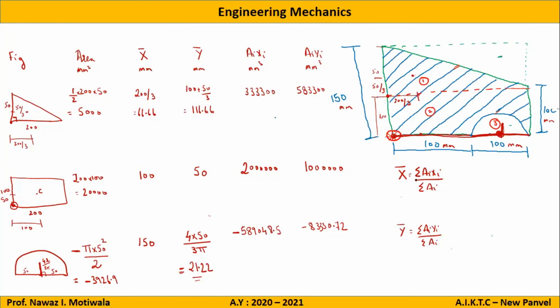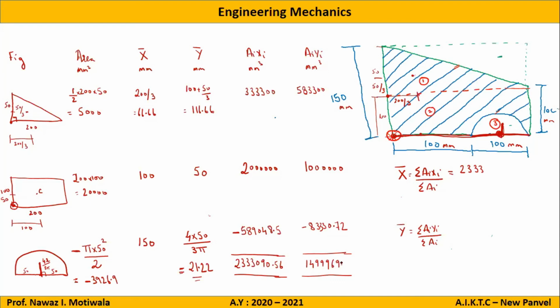Now what we need? Summation of ai xi. That means I need the summation of this. Now again I want to warn you where the students make mistakes. In a hurry, they just add all these three terms. But you don't have to add all three. You have to add these two and subtract this value. 2,333,090.561. Okay, chalega. And what will you get for ai yi? 14,999,69.28.